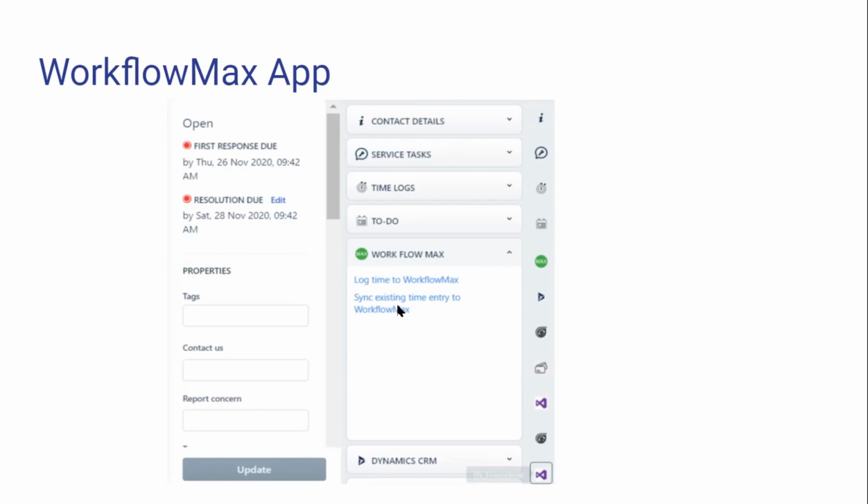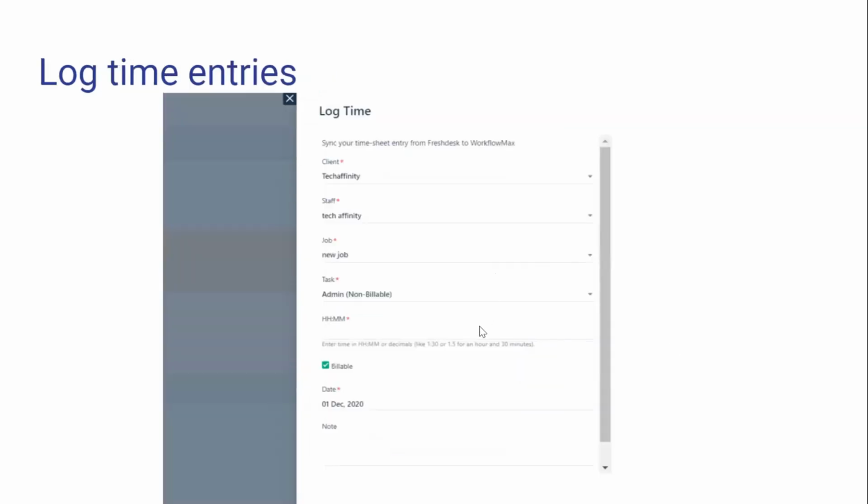They can either use the log to Workflow Max option or the sync existing time entry to Workflow Max option. When they click on log time entry, they can choose the client and staff, which are properties related to Workflow Max. They choose the task and enter the time entry.